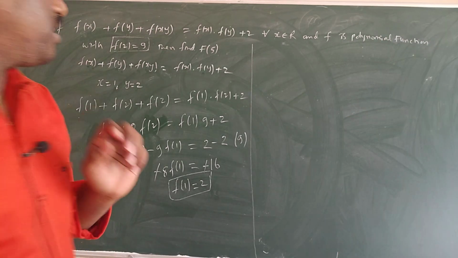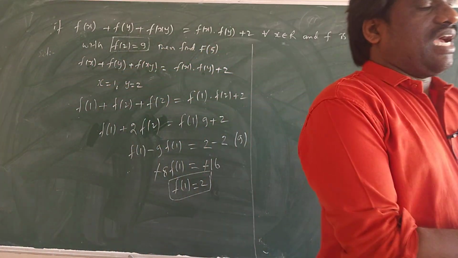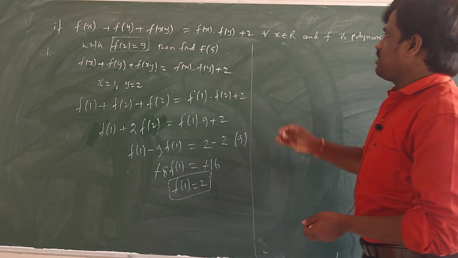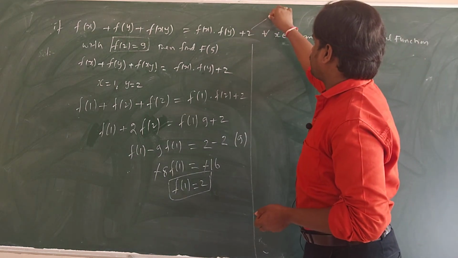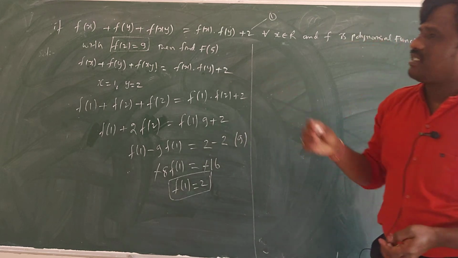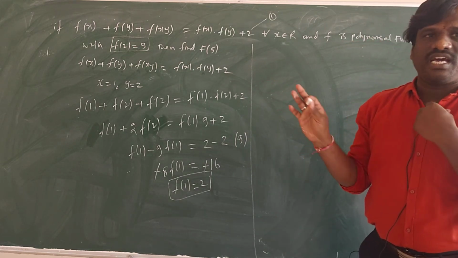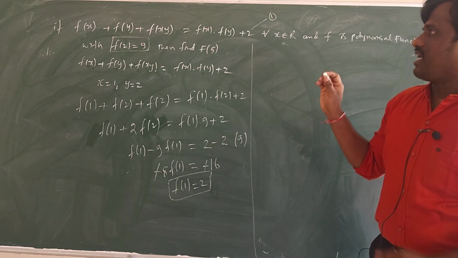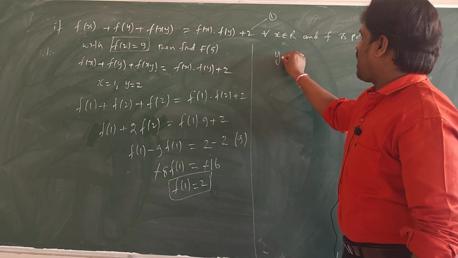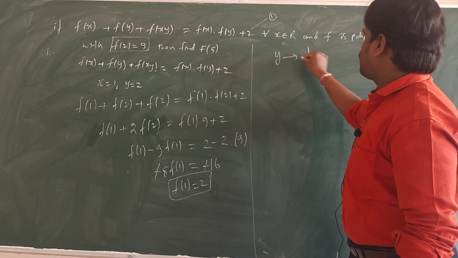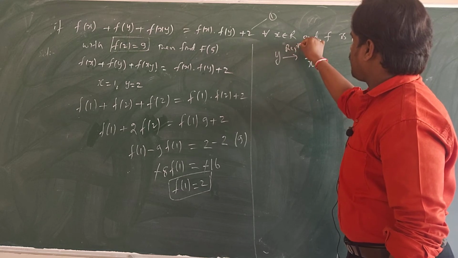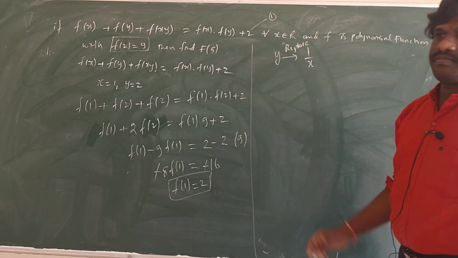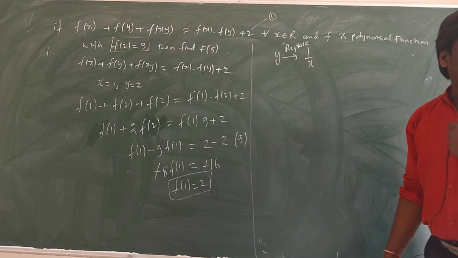Now what I do here, see, I have to make it in the equation. Look at this picture you have to see. In this picture I want to make it one combination. So to make it one, can I replace y as 1 by x? Replace y as 1 by x. You should use the replacement, no?